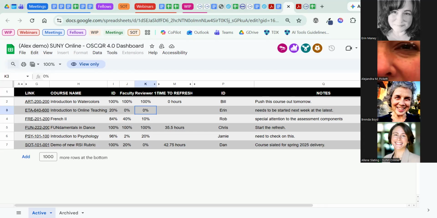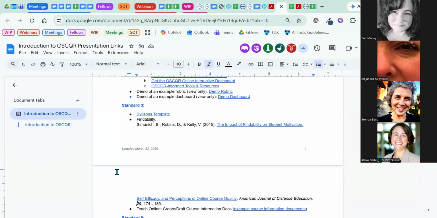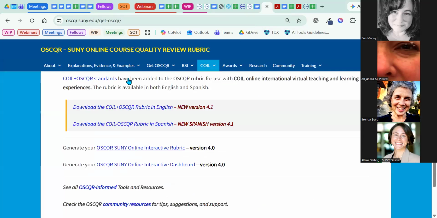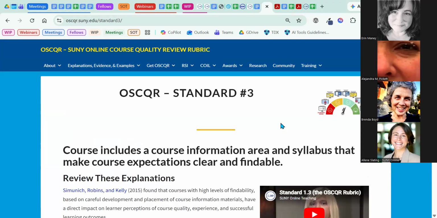Okay, so let's go to the next section. I handpicked a few standards for us to go through and to look at and to share some notes about how you might apply it and what might be important in a particular standard.